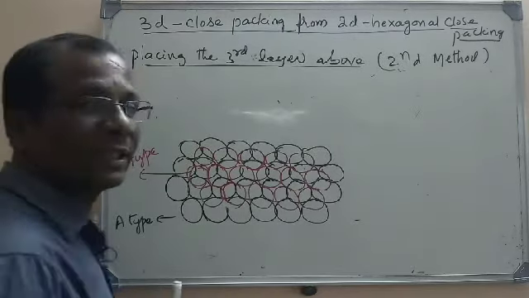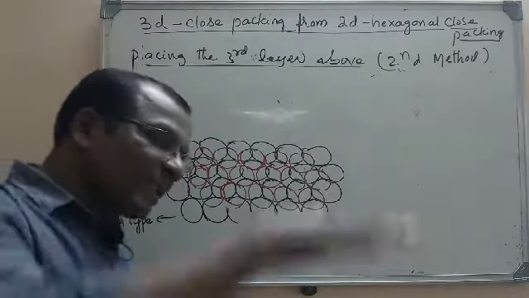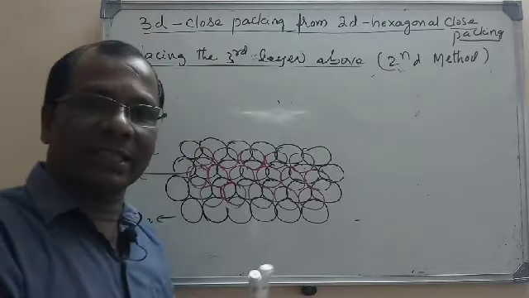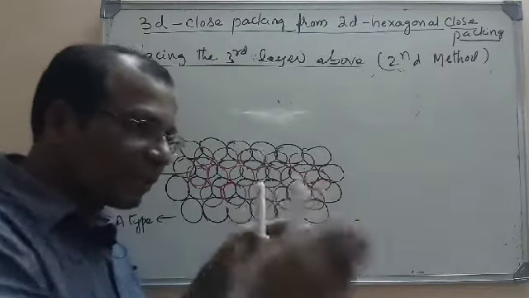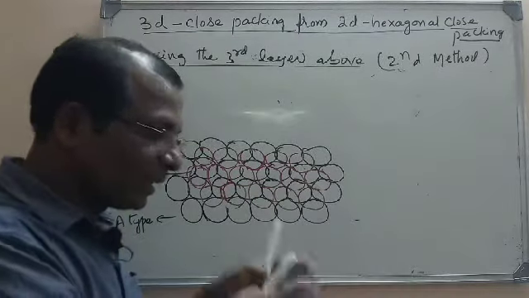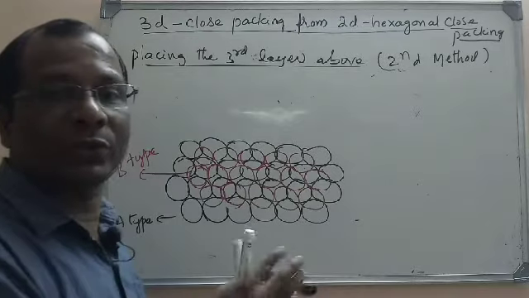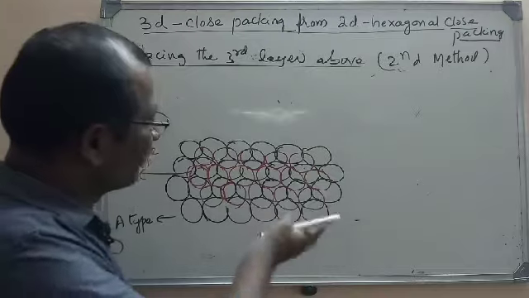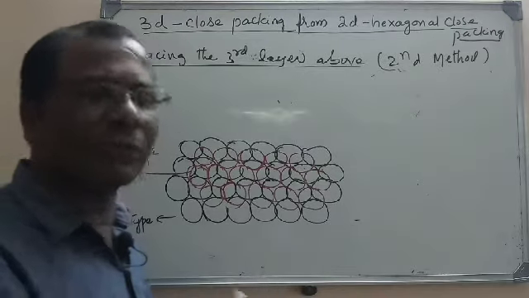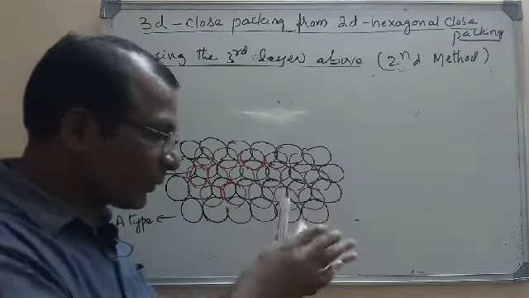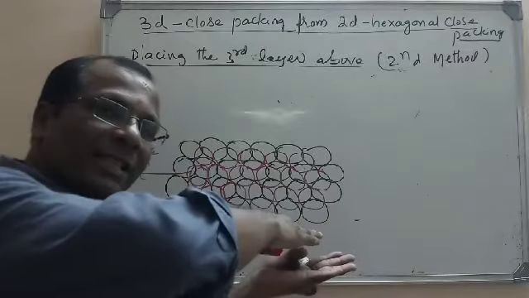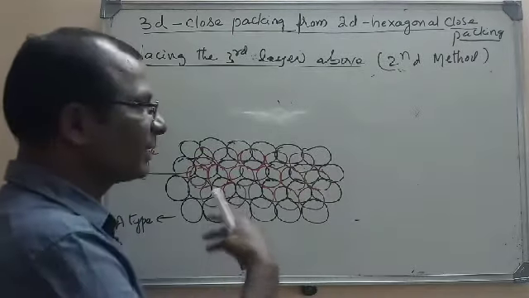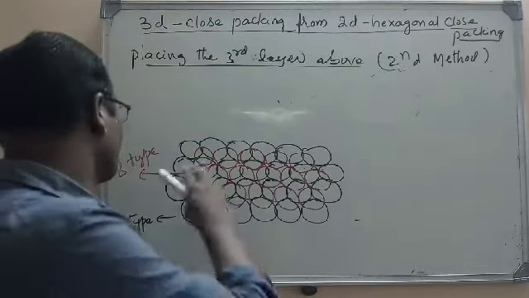A type is the first layer and the second layer is laid above the first layer. Once again I am telling you that they are horizontally placed one on the other, not vertically one on the other. On the board it is not possible to show the layers horizontally, so we are building it up vertically. So this is one layer, and the second layer is horizontally placed, and the third layer and fourth layer and so on. So the first layer is over, and placing of the second layer is also over.